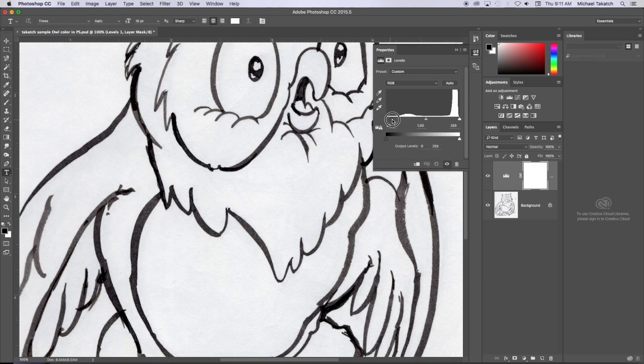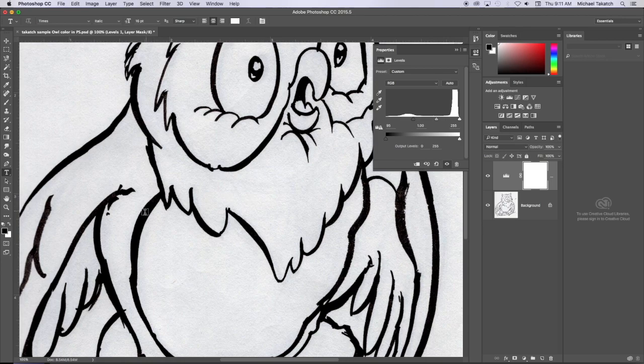So again, you can adjust the amount of pixels that are black or minimal. As you bring this up, you can see how quickly it darkens those files together. It brings the texture of the paper through the scan. So I can eliminate some of that just by moving this light slider over, and it makes this pixel the brightest